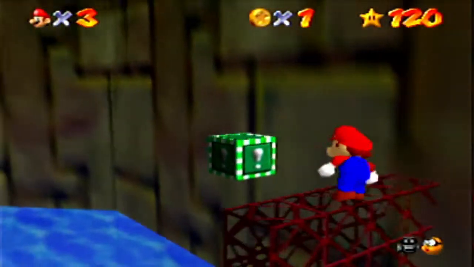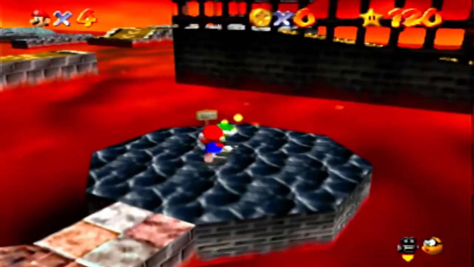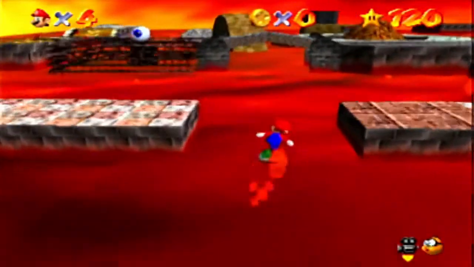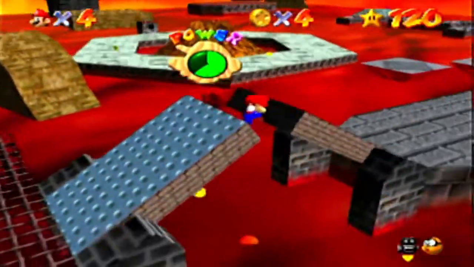I'm gonna collect all the stars I can without the wing cap, vanish cap, metal cap, or even the Koopa shell. The only rule I have is, no glitches. I want this to be as legitimate as possible. My name is Psyche, and without further ado...